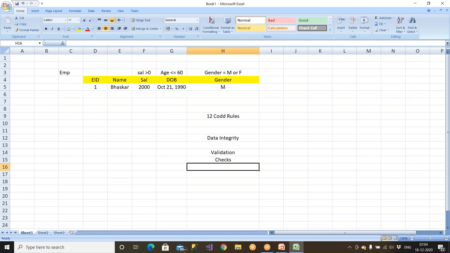You don't have any kind of crime history. You don't do any harm to anybody in this world. Clear? So validations or checks are implemented to ensure that everything is clean, super duper data that you are going to store in your database. Data integrity means data correctness that we are talking about. Clear? If you have bad data, what happens?